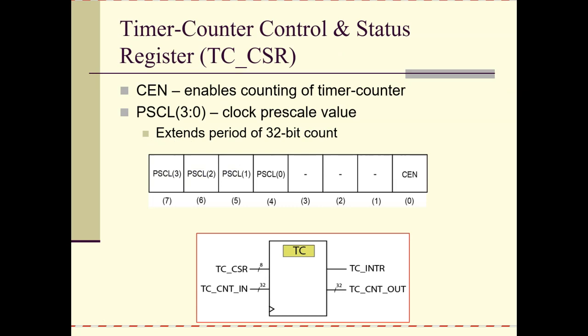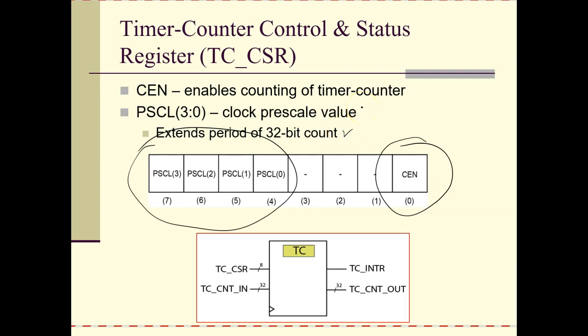There are two programmable registers in the timer counter. One is the control and status register. It has two parts to it. One of these bits is just an on-off bit for the timer counter. The other is a prescaler. Now the prescaler